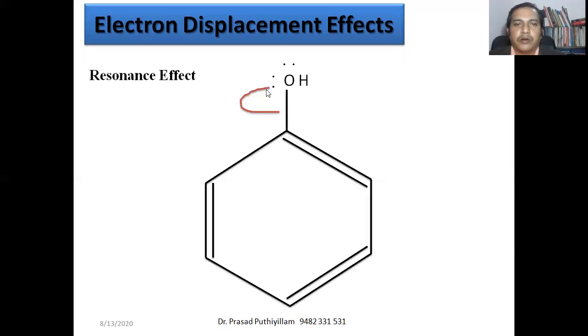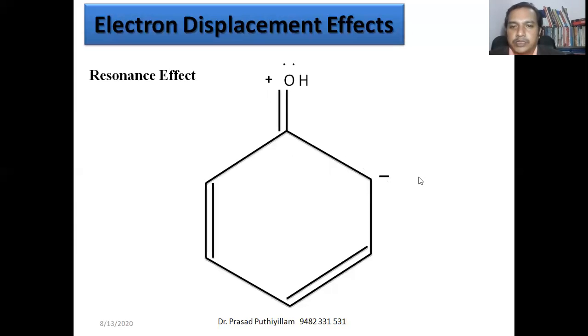This lone pair of electrons we can shift here. The arrow mark represents that here it forms a double bond. When it forms a double bond, this carbon's tetravalency will be disturbed. Therefore this pi bond will break, and the electrons will go to the next carbon atom. Electron displacement happens, giving a double bond and a positive charge on oxygen because it loses electron density, and this carbon will get a negative charge. The carbon where the electron density is more gets a negative charge.